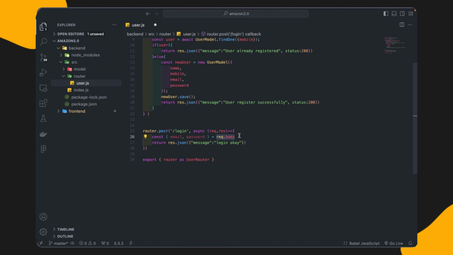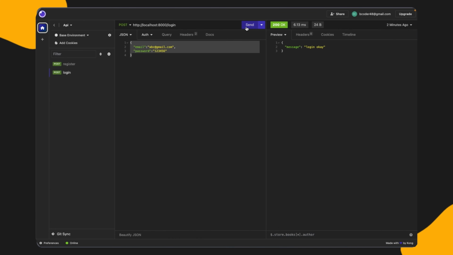So request is basically the thing that is coming from your front end or Insomnia, whatever data you are passing, and response is what you pass from the backend side to the front end. In the request, email and password are coming, so I will just write email and password, and in the response, for now I will send this data, so that we can check whether we are receiving this email and password or not. And I will click on send, and here you can see whatever email I have written is passing correctly here, which means we are receiving the data.